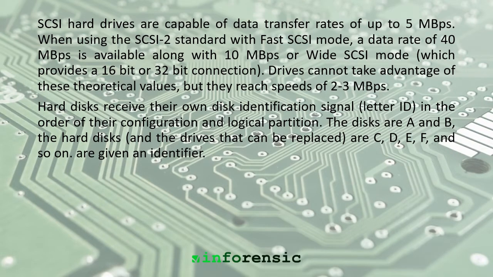SCSI hard drives are capable of data transfer rates of up to 5 Mbps. When using the SCSI 2 standard with fast SCSI mode, a data rate of 40 Mbps is available along with 10 Mbps or wide SCSI mode, which provides a 16-bit or 32-bit connection. Drives cannot take advantage of these theoretical values. Hard disks receive their own disk